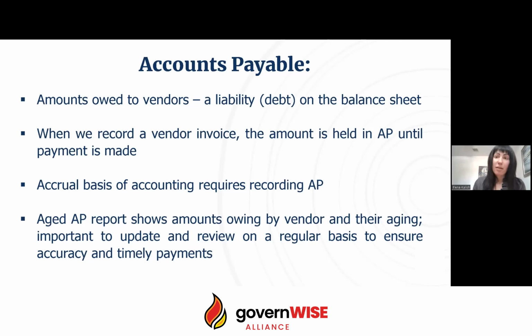For one thing, this way we can make sure we pay our vendors on time. And then also, sometimes we can notice things that maybe were paid but weren't applied properly, so they need to come off our accounts payable, because if we recorded something as an account payable and it was paid elsewhere and not applied to payable, my expense is now double. I recorded the expense twice. Okay, so let's